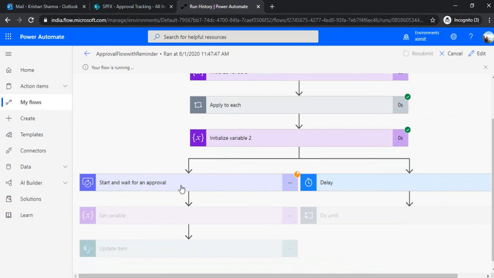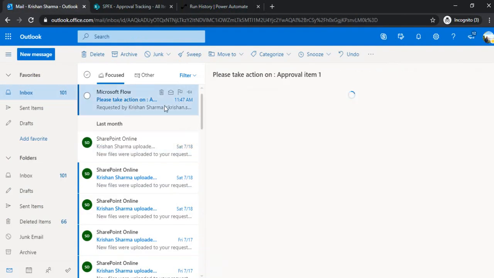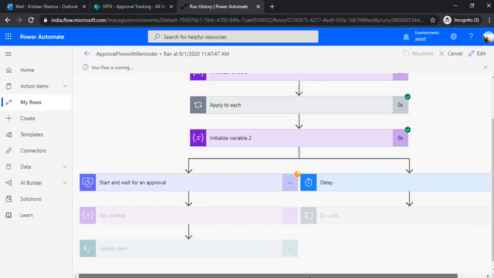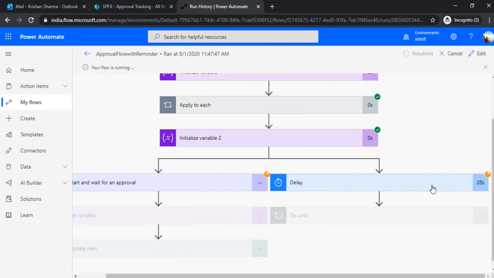So the task must have been created by this time, and I should have got one email as well. So you can see I got that email, approval item 1, take action. And the parallel branch is waiting for that periodic time to complete. We set that as 1 minute, so it will be waiting for 1 minute to send out the first reminder.